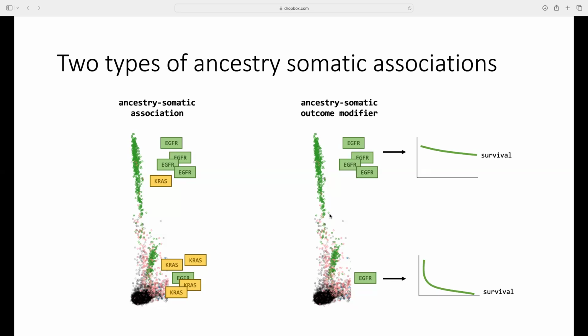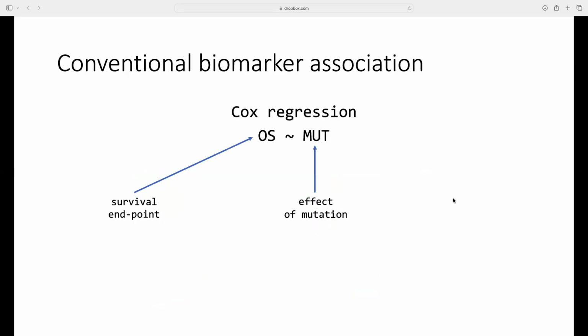So there's a lot that I'm putting into this bucket of environment, but this kind of interaction would be indicative of essentially some kind of environmental modifier to this driver status. So we wanted to ask quantitatively whether there's evidence in the data of this second model. And the way that we did that is by employing a survival analysis, incorporating all of the features that I just described.